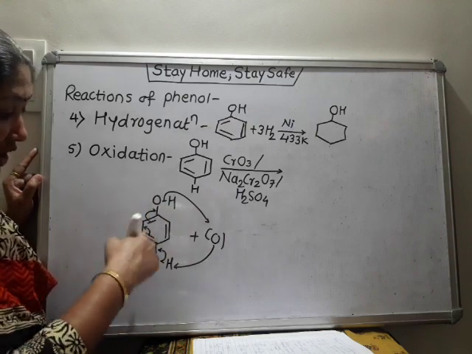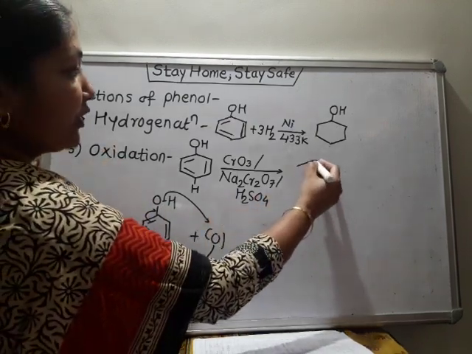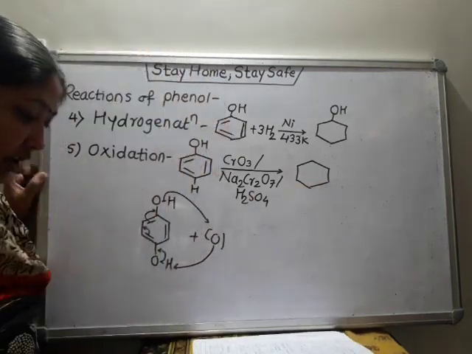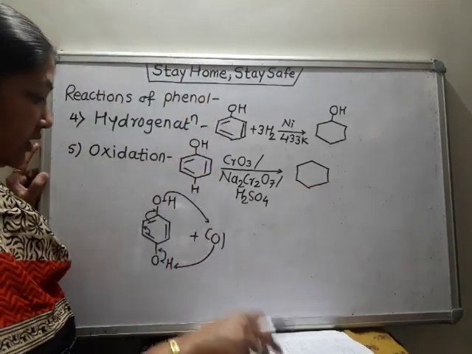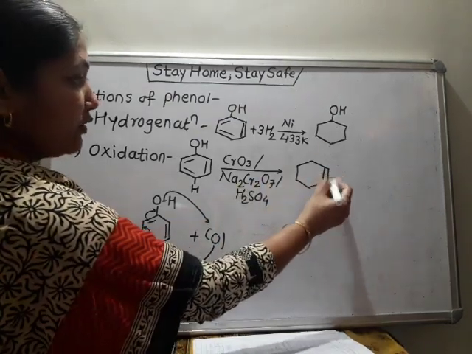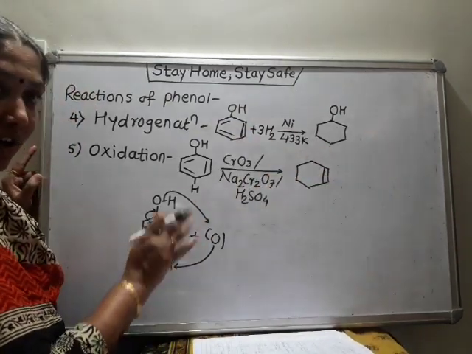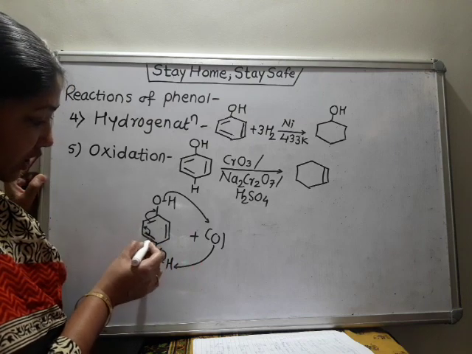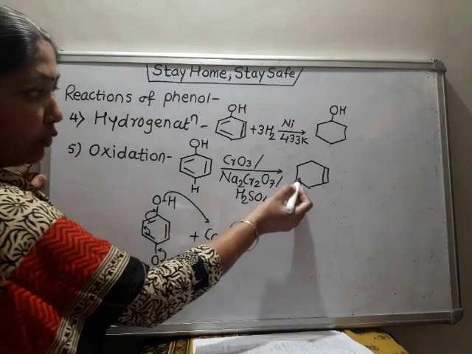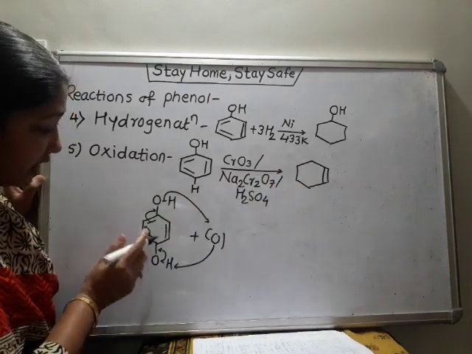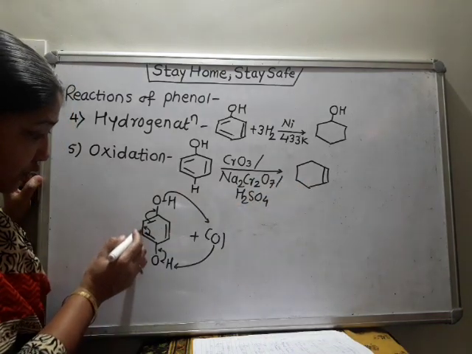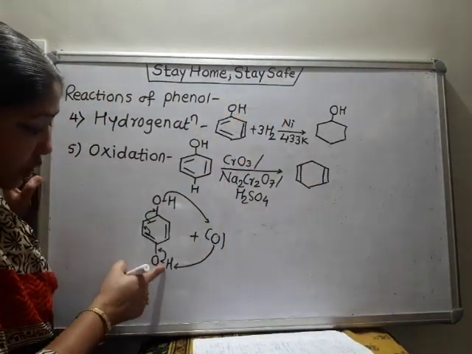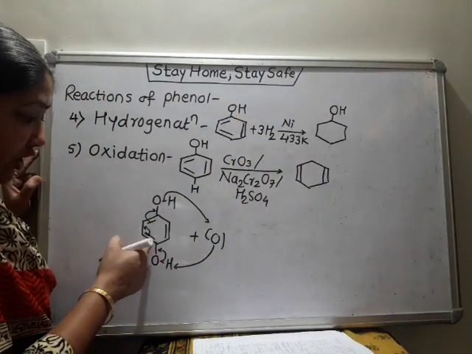So H and this O, they combine to form water. And what's the change in this bonding? See, what change has occurred here. Here we have kept this double bond as it is. We have not changed anything here. Double bond remains as it is. Now there was double bond at this position. That breaks means it is going to become a single bond and this double bond is shifted between these two carbons. So here we get double bond. Now this OH bond breaks and that bond is shifted here.